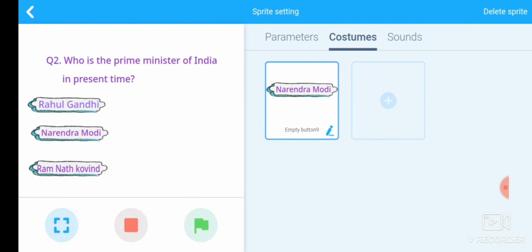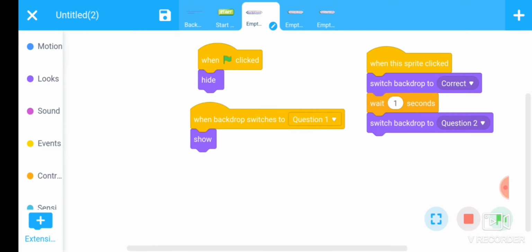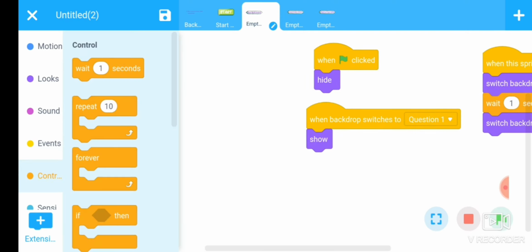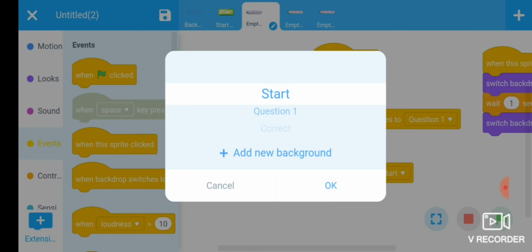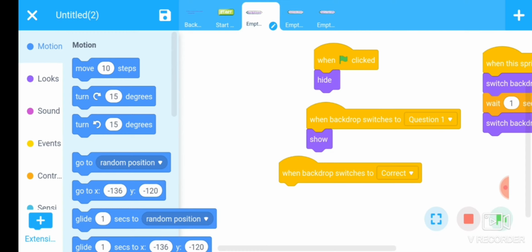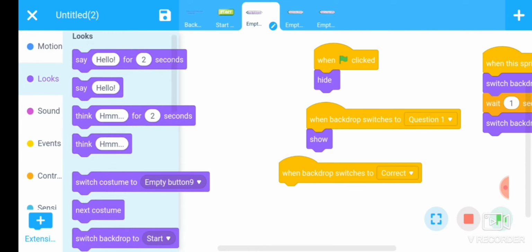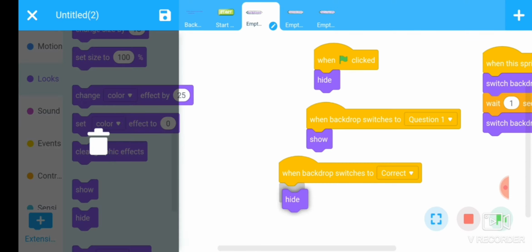To hide these options, go back and use a command: whenever backdrop switches to correct screen, go to the Looks section and hide this option.